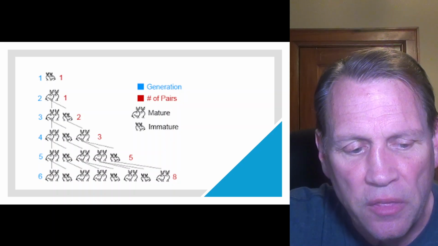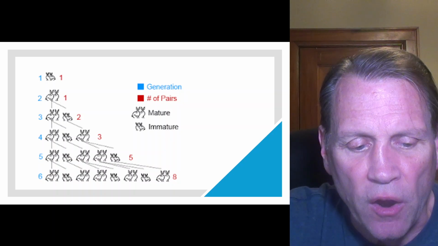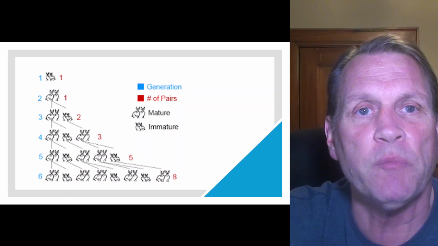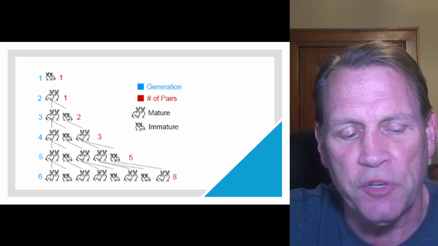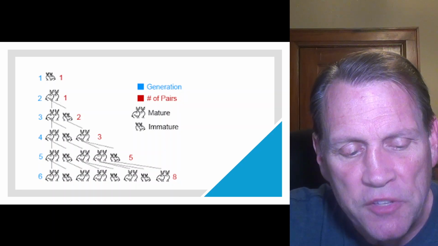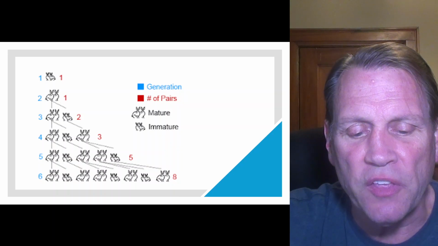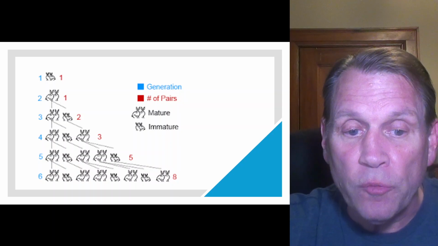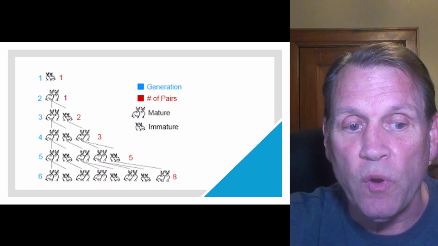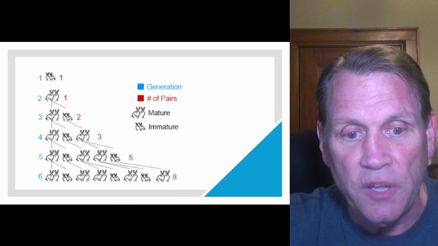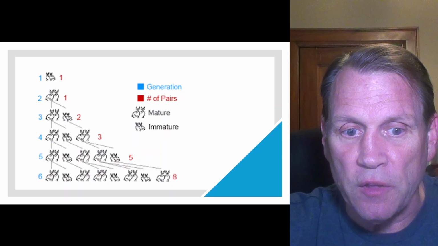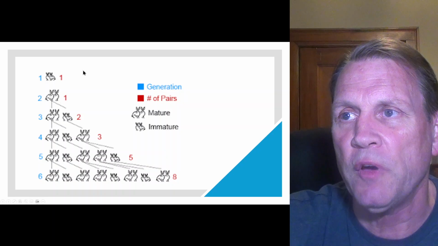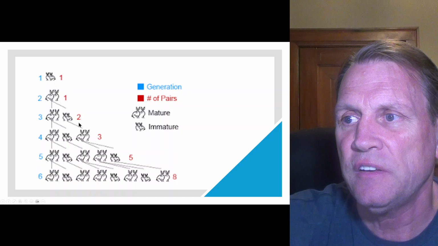And after 1 month, only the original pair are still there, because rabbits, by this thought experiment, require 1 month to be able to reproduce. So after 2 months, what happens? The first pair gives birth, and thus you now have 2 pairs of rabbits, right? And then in month 3, the original pair of rabbits produce another pair of newborns, while their earlier offspring have grown to adulthood, and they will have reproduced as well. So this leaves 3 pairs of rabbits, 2 of which will give birth to 2 or more the following month. And you see how it progresses then.